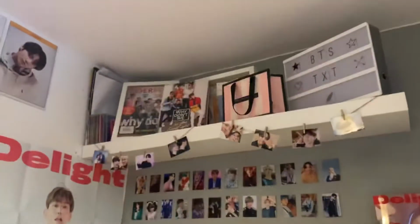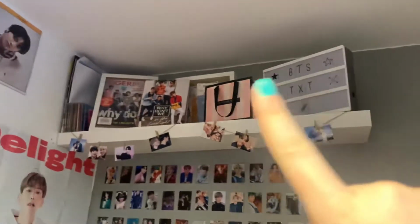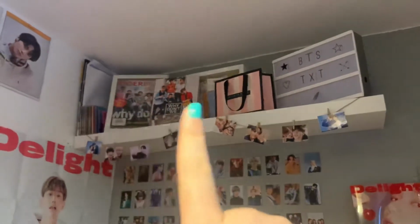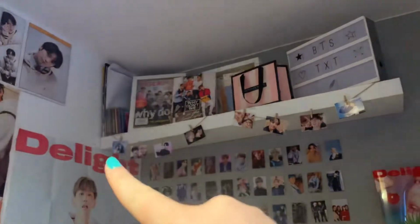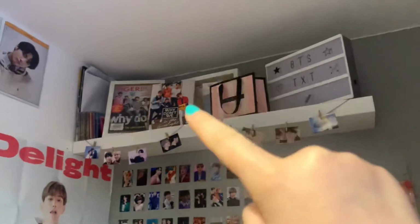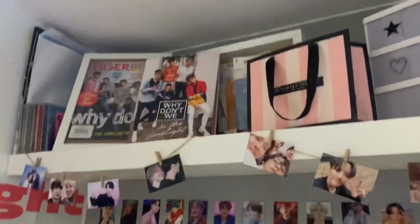So next is just this shelf up here. It's not necessarily K-pop related. I have a Victoria's Secret bag, as you can see, some Why Don't We stuff if you know who they are, some Vamps and New Hope Club albums. That little frame there has all of my old concert tickets and stuff like that in it, and then